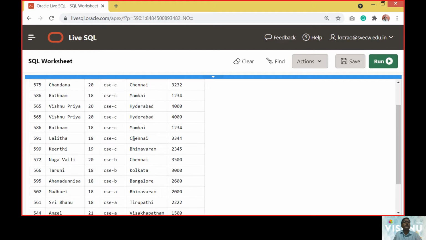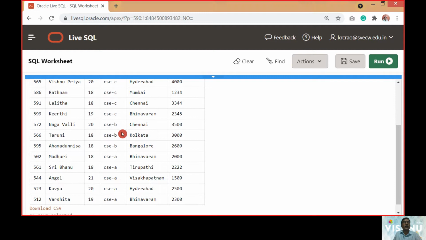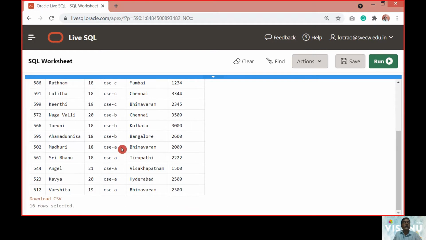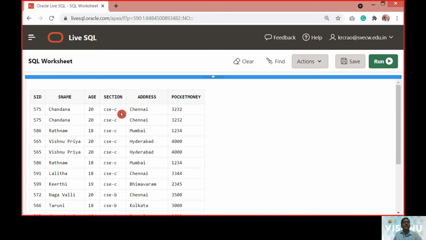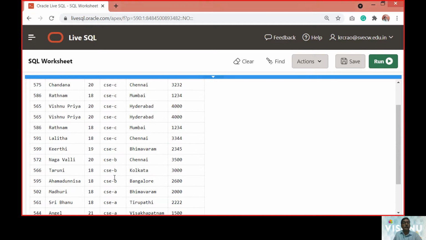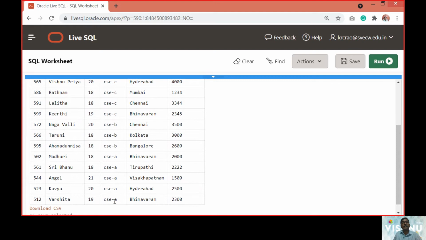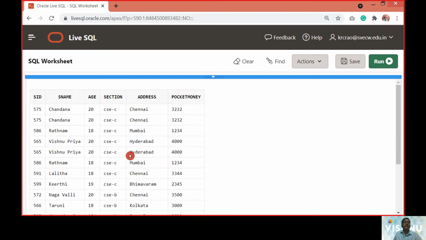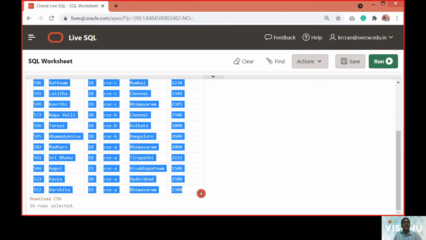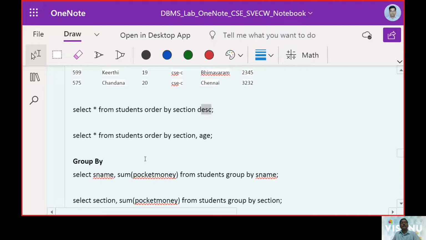Now you can observe here all the records of C come first, then all the records of B are pulled, and in the pipeline you do have this K. So section C was first, B was in the middle, and A was last. But earlier we were working with ascending order, so that is the reason why we got the A section first.